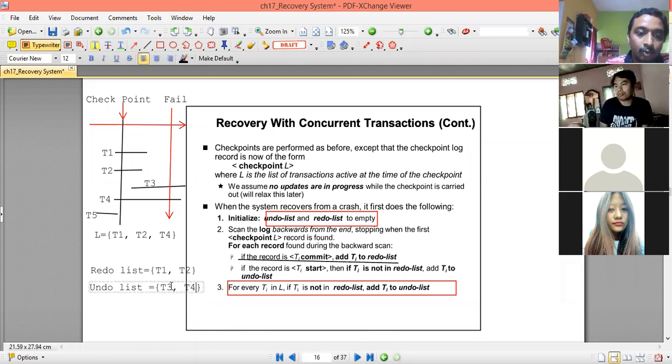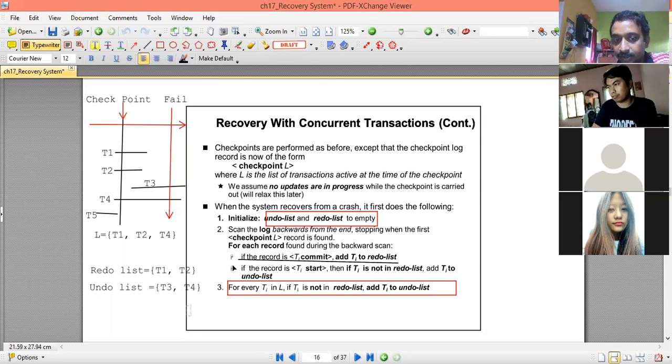Why so? Because transaction T4 started its execution before checkpoint start, but it did not finish its operation before the system fails. Whatever changes it tried to make in the data item or in the temporary variable have not been reflected, because the commit statement is not present.